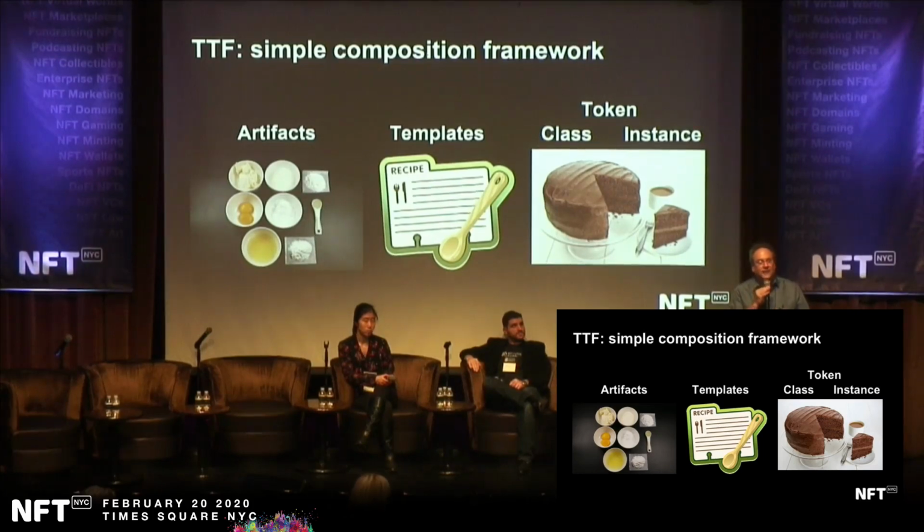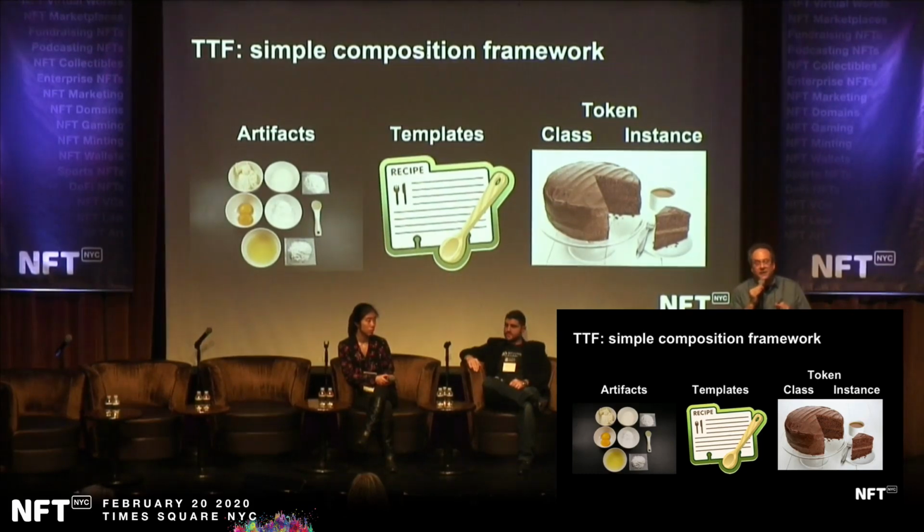So if I'm creating, say, an e-money token, then I use certain ingredients and I put them together in a certain way. That is all the TTF does. It defines those artifacts, defines the way they're put together, creates these as JSON artifacts in a GitHub repository, and creates specifications for the tokens that can be sent to both business people so they can understand them, as well as developers so they can build them.